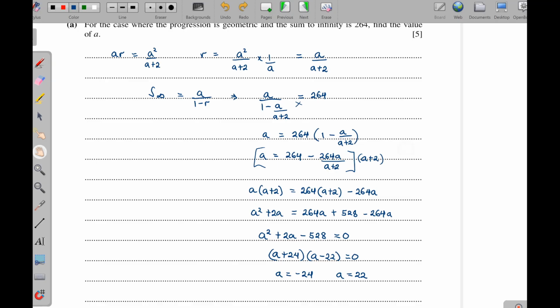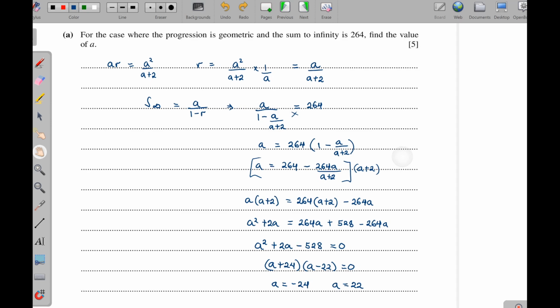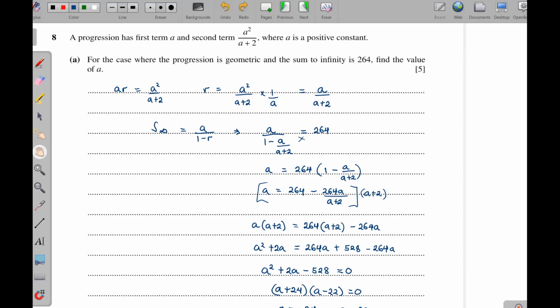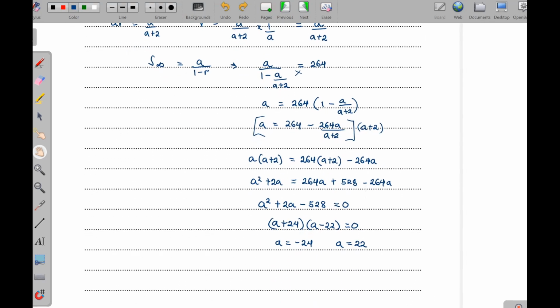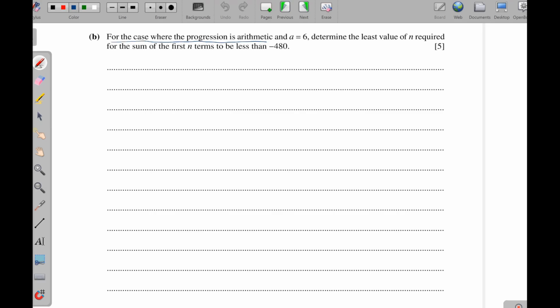You see that? So they are saying for the case where the progression is geometric and the sum to infinity is that, find the value of a. And they said a here is a positive constant. So if it's a positive constant, this simply implies that our a is going to be equal to 22. That is that. For the case where the progression is arithmetic, that is part B, and a is equal to 6, determine the least value of n required for the sum of the first n terms to be less than negative